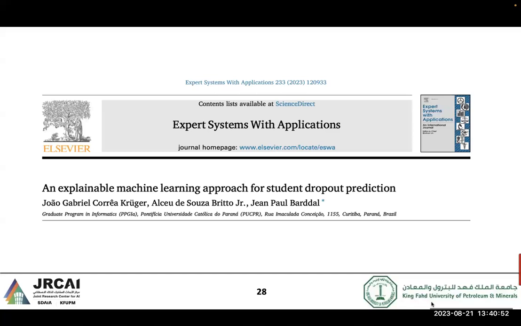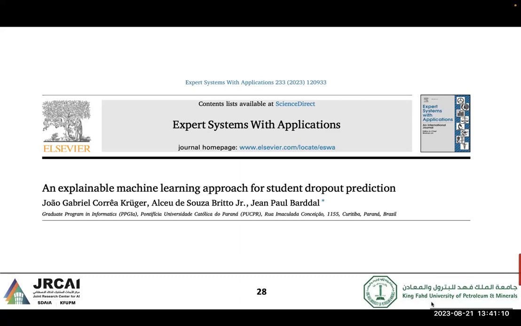All right, we have another case study here. But now, the most interesting part in this study, we want to get some more analysis or insights using the concept of explainable AI.